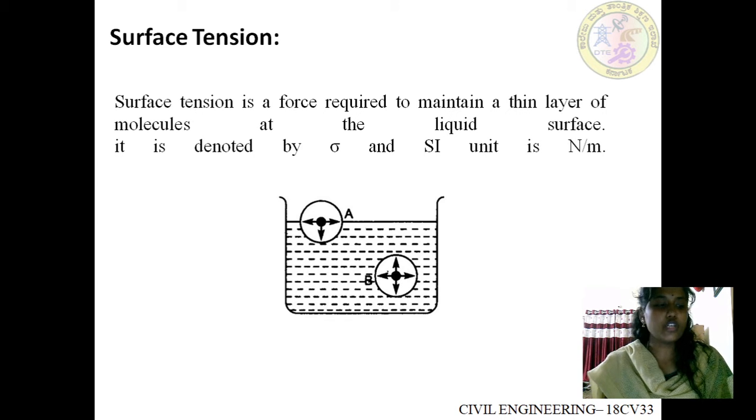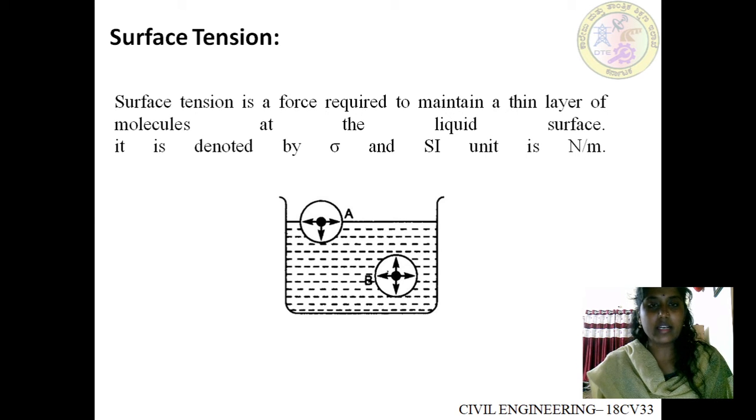A liquid molecule in the interior of the liquid mass is surrounded by the other molecules all around it, and hence the molecule remains in equilibrium position. If you see at the surface of the liquid, there are no molecules above the surface to balance the force of molecules below it. Consequently, there is a net inward force on the molecules at the interface between the liquid and air.